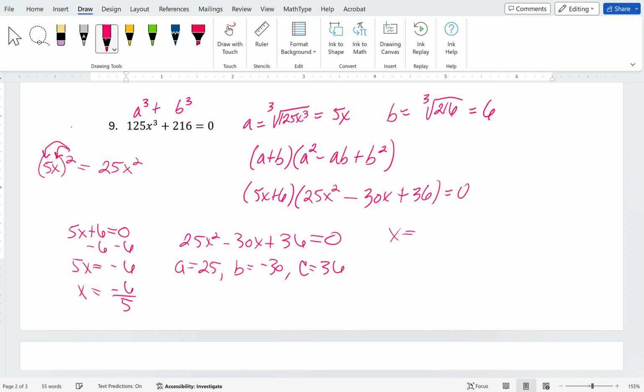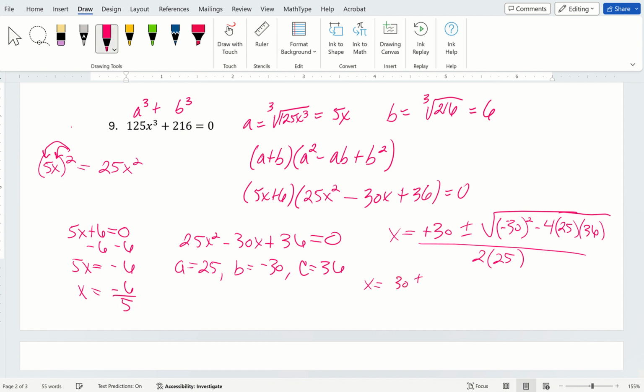So x is equal to opposite of b, so that's going to end up being plus 30, plus or minus the square root of b squared minus 4ac, all over 2 times a. So that's going to give us